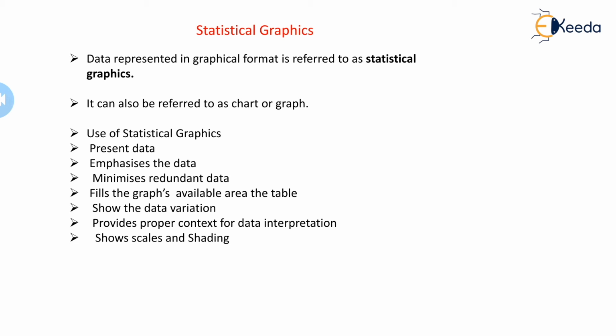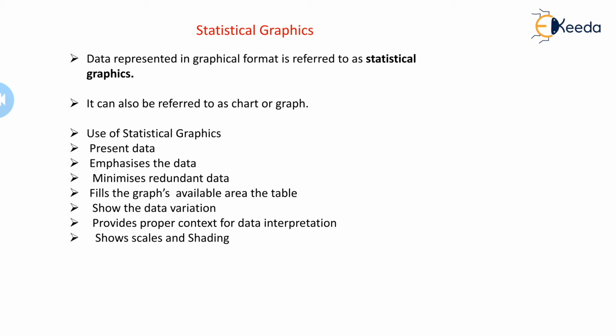The components of a statistical graph can be, for emphasis, the x-axis and y-axis, and the data representation on both axes, like whether it is falling or increasing and so on. Data representation means you emphasize the data, emphasize the work of non-data, minimize the redundant data, and fill the graph